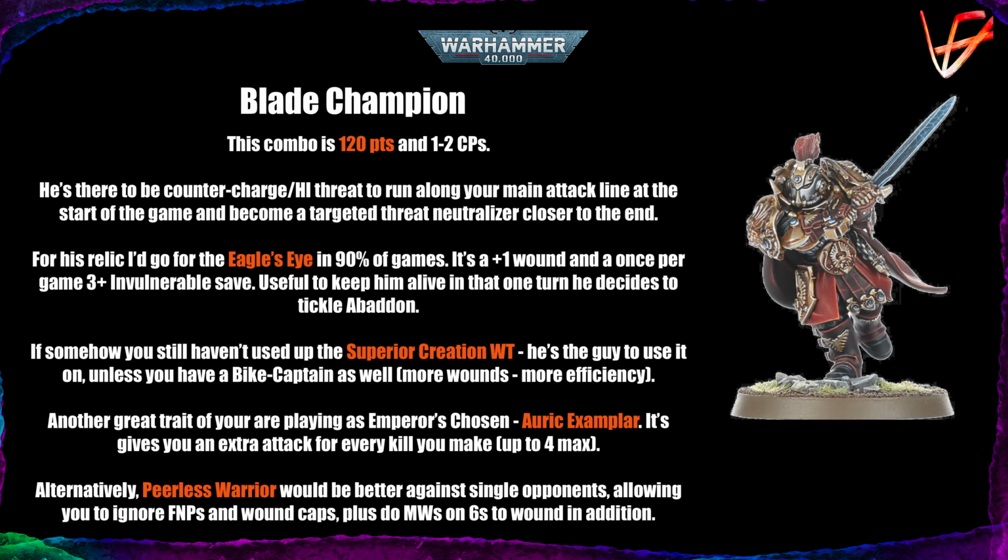For the relic for him, I would go with Eagle's Eye in 90% of the games. It's a +1 wound relic, so he will be 8 wounds, just like a Solaris Captain, and once per game you have a 3+ invulnerable save. You can turn it on until the end of your turn. That's very, very good if you decide to charge him into something that's very dangerous, like Abaddon the Despoiler. And if you want to give your Blade Champion at least a minor chance of surviving the retaliating attack, you